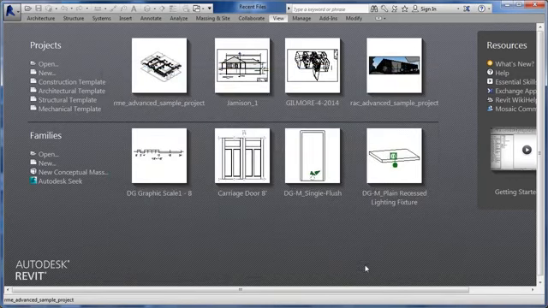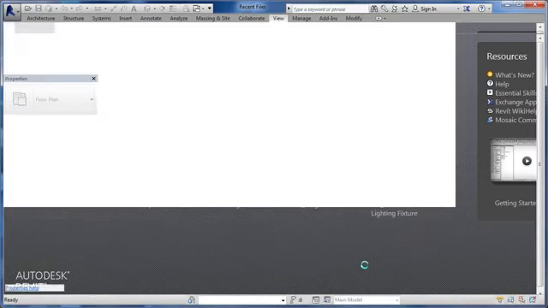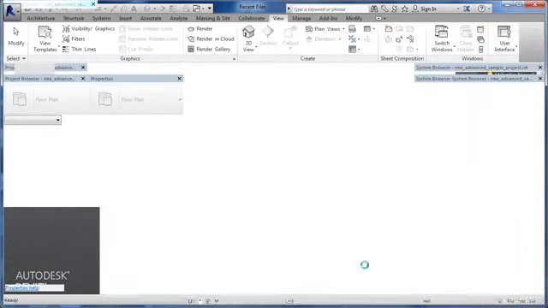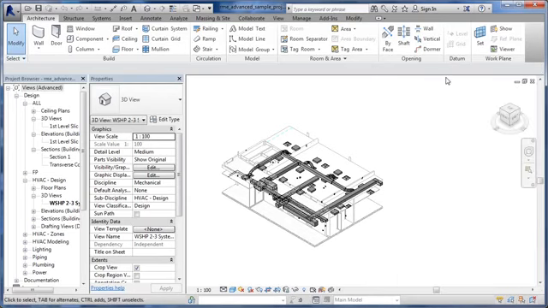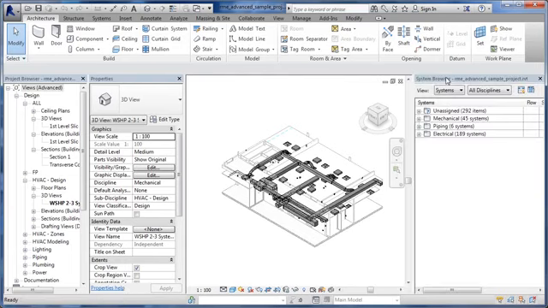Hit OK, open. And we'll go to a lighting plan instead. And once again, I was going to do a little bit of cleanup in preparation here, so I thought, well, I might as well show you how I do the cleanup as well. It's always useful. Your system browser here is F9 on the keyboard, so you can toggle that on and off with your